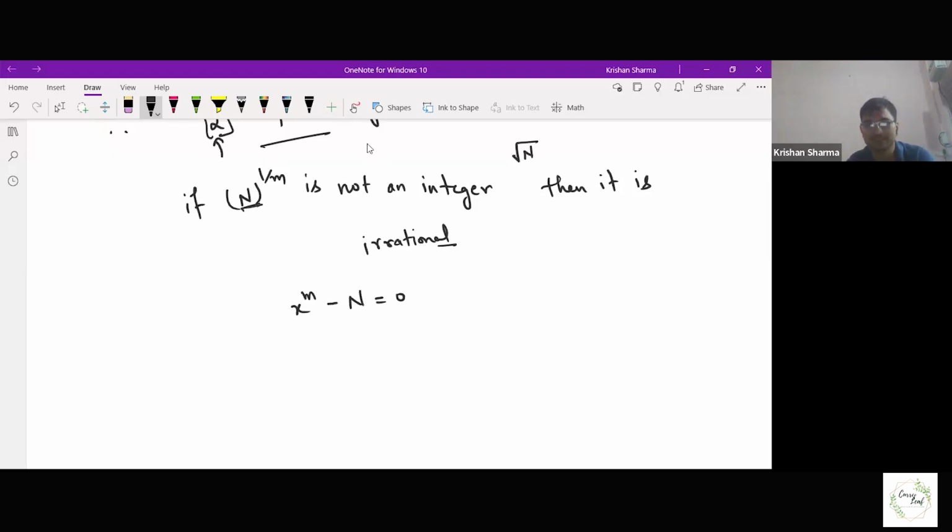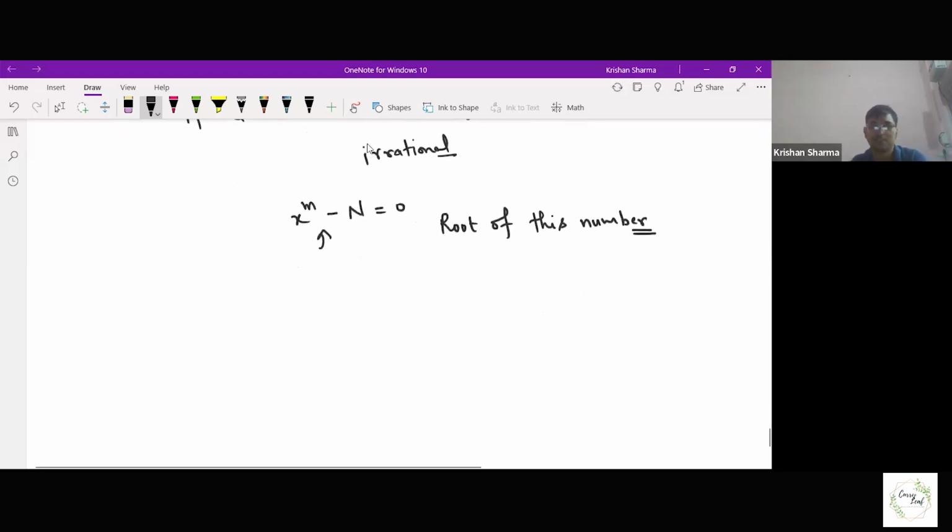So this number is nothing but a root of this. If it is a root of this, the next question is very obvious: can we extend these results to polynomials? Because it's a monic polynomial with integer coefficients, the next question we can ask is